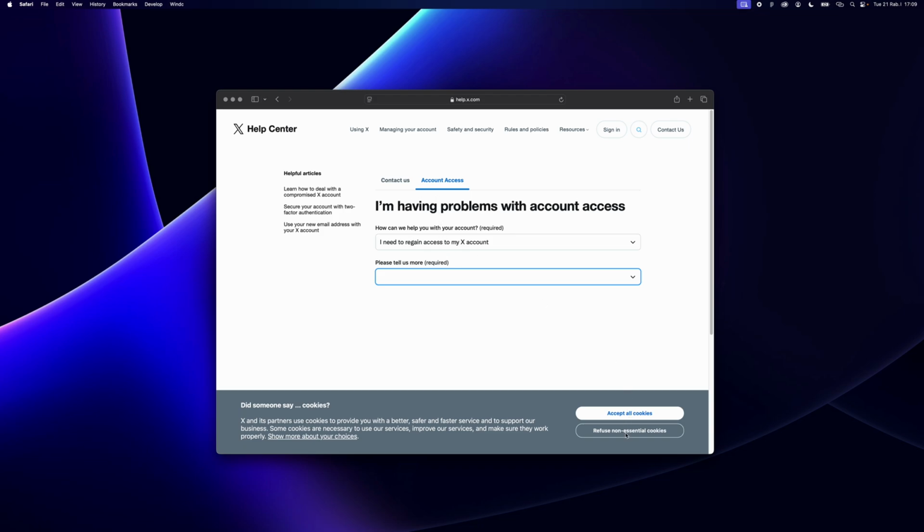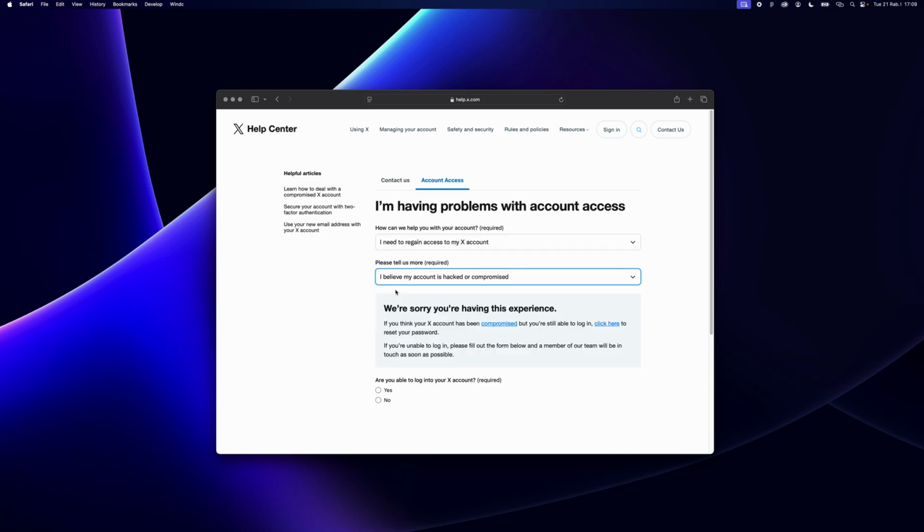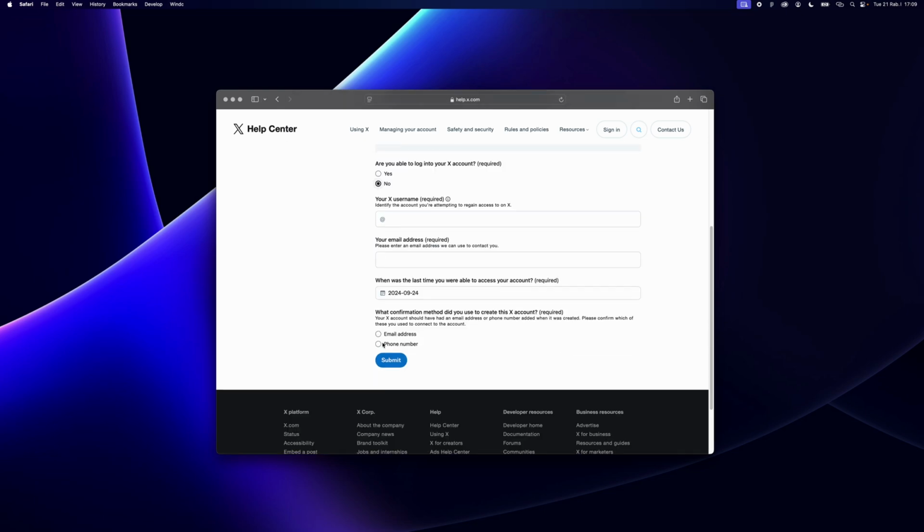I can accept or refuse non-essential cookies. I need to regain my access to my X account, and then you would choose, I believe my account is hacked or compromised. More information will come in. Are you currently able to log in? I doubt you'll be able to log in. So you select no,